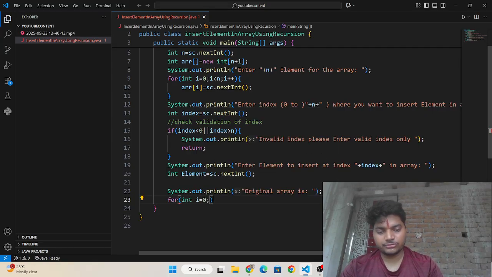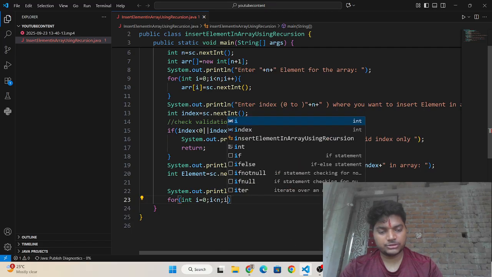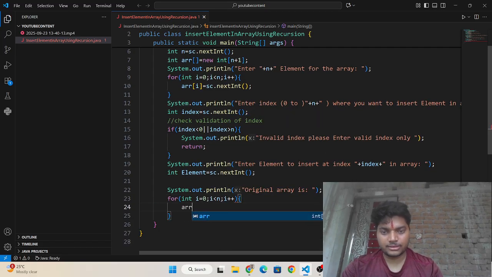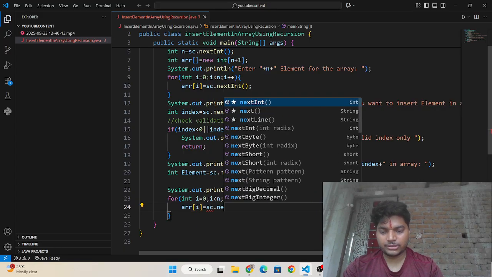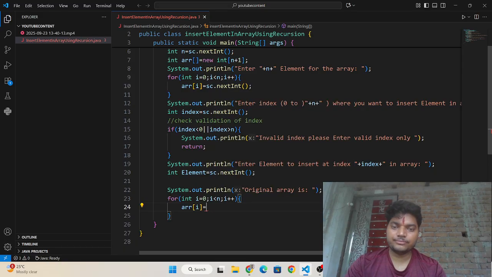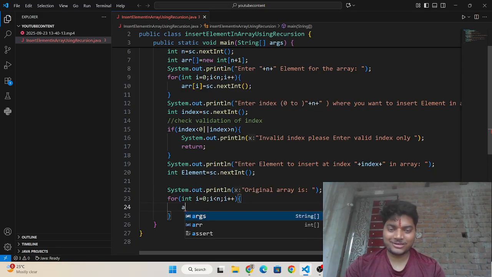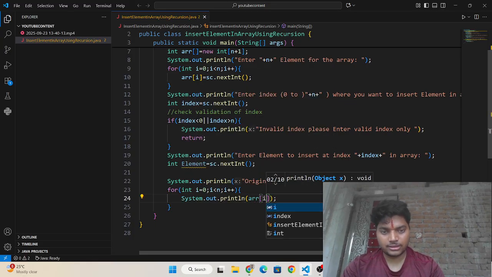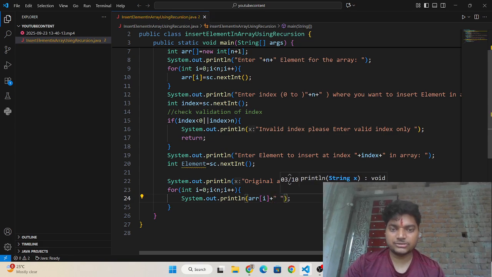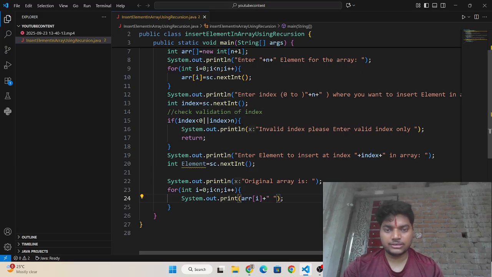I is equals to 0, I less than n, I plus plus, then error of I is equals to sc dot error of I. I need to write here shout first, then shout error of I and one extra space. I need to remove this ln. Okay,